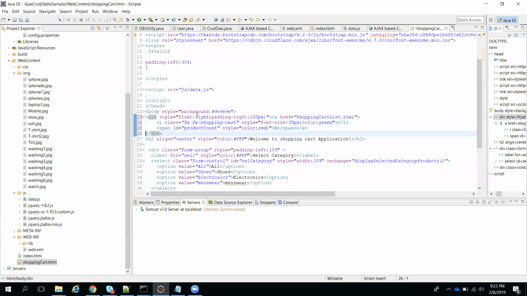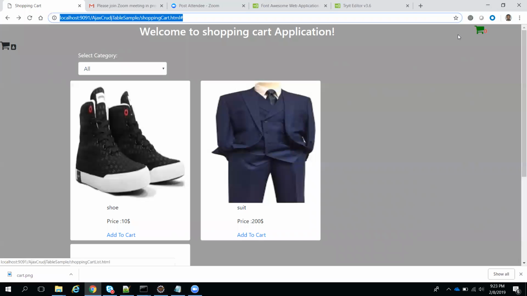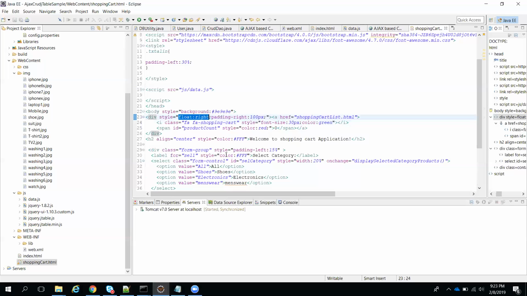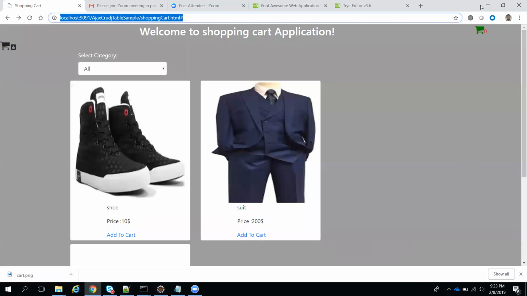I'm keeping this float right here. I'm applying so many CSS properties. Just observe. Float right means it will keep your HTML on the right. If you see here, it is showing float right means entire right side. And after that I gave one more property, padding right 100 pixels. If I don't give padding right 100 pixels, it will go entirely here.